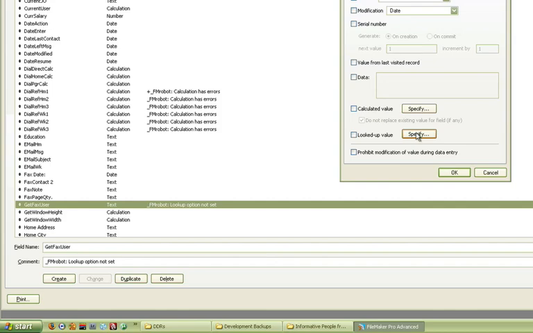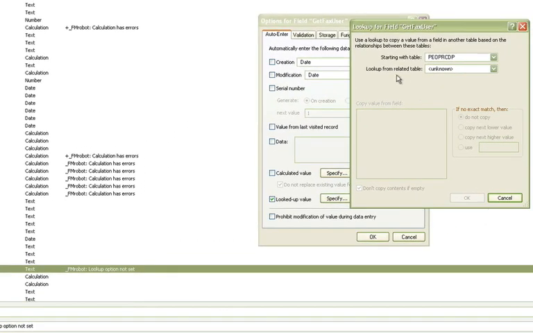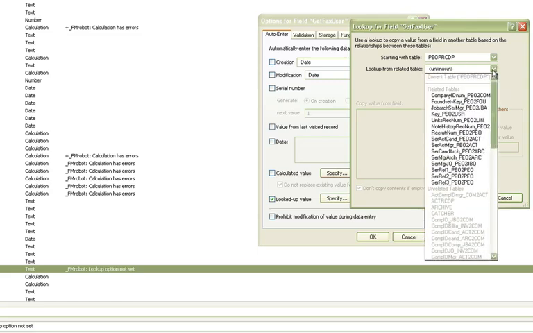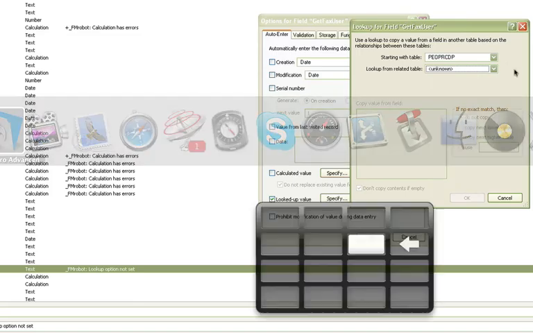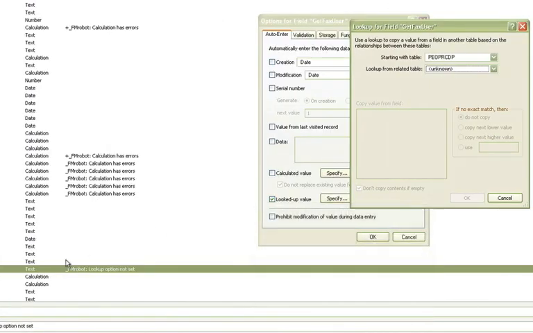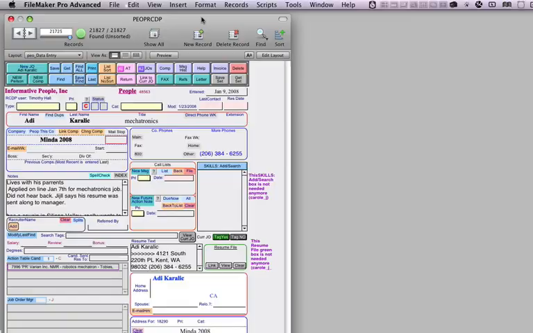We're going to go to lookup value, and here what we're looking for is looking up from a related table. So we need to know what related table we need to pull from. So let's just toggle back. This is our get fax user in the people table. So we're in the people table, and we can just come here and